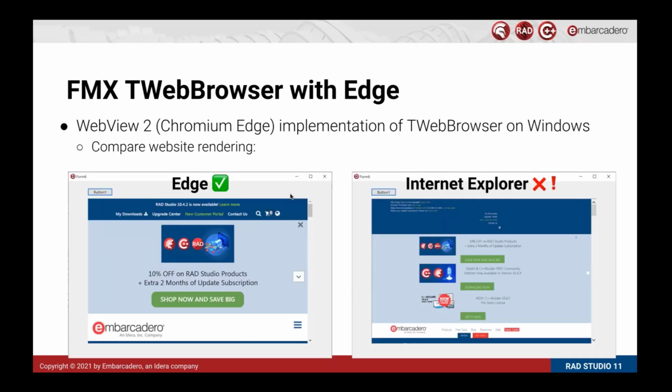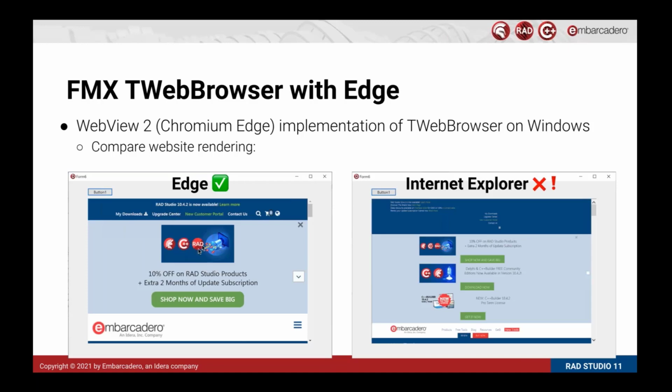It's very good. Now, one of the components I mentioned earlier was the WebView2, which is the update to the browser component that is specifically used by VCL developers, but there's a FireMonkey version of it as well. Now, the Edge browser update, you can see here between the two versions how the content is being laid out based on the modern standards of web coding. And Internet Explorer always struggled with some of the layout configurations and setup. As you can see here, we've got a page directly from the RAD Studio website, from the Embarcadero site.